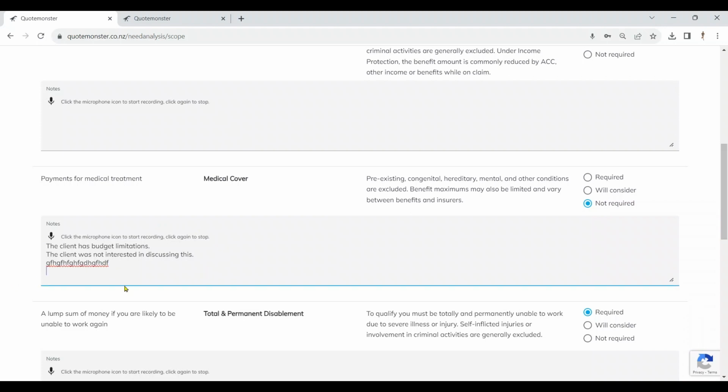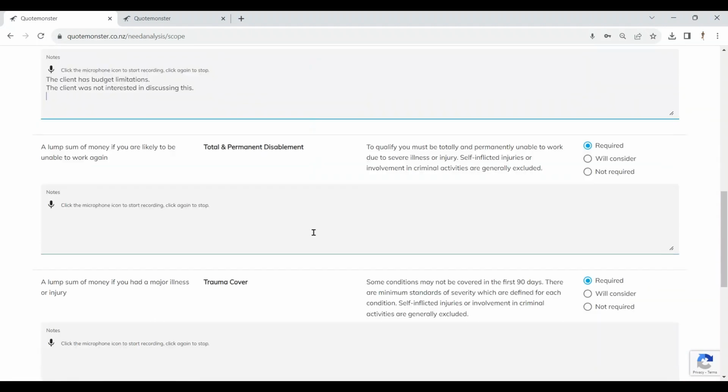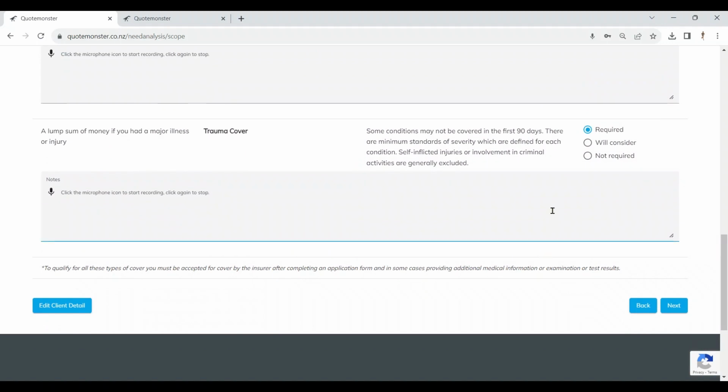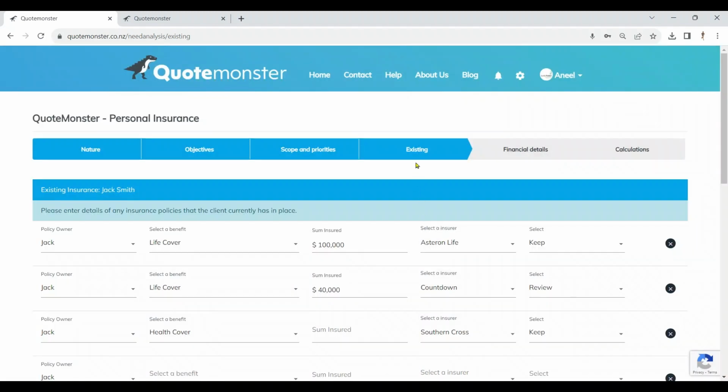And even within the notes field, I can add further notes, I can edit that, I can use the microphone to add additional material into that notes field, and that information will flow through to the SOA. So once I've set up my scope and priorities, I then click on Next, and this will take us into